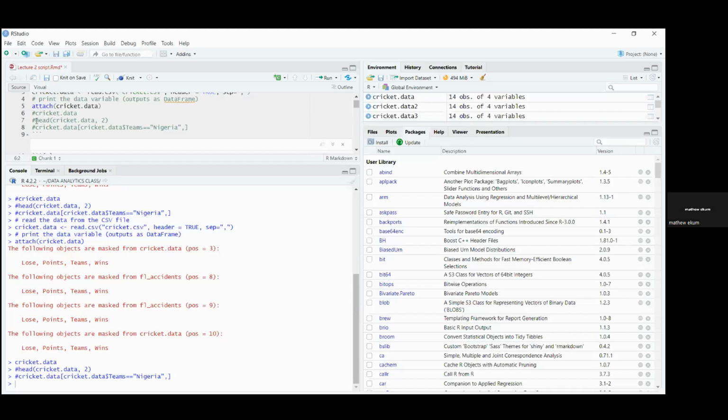I want to see the first 5 observations. I will run this particular one here, egg cricket. If I run egg, let me remove this 2 here first. If I run egg cricket,